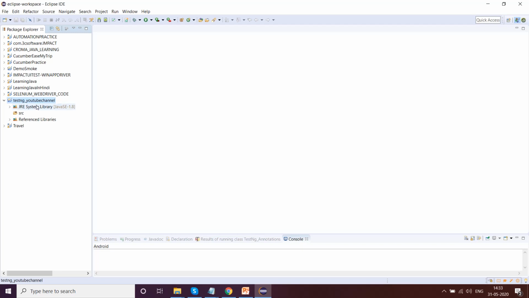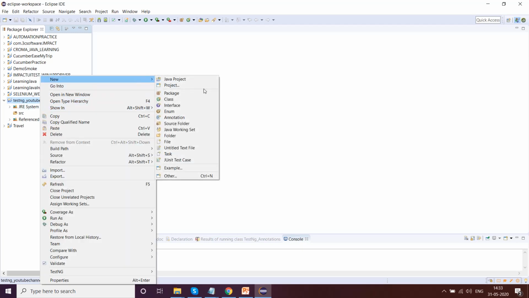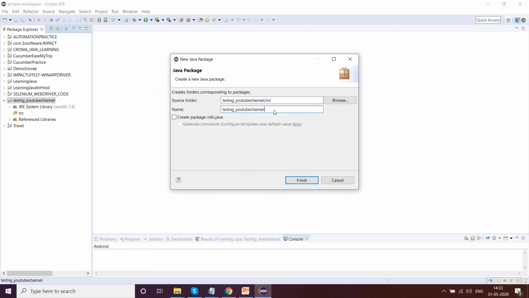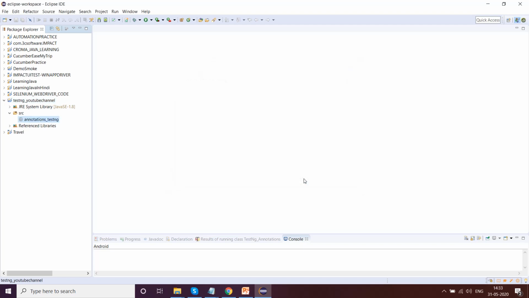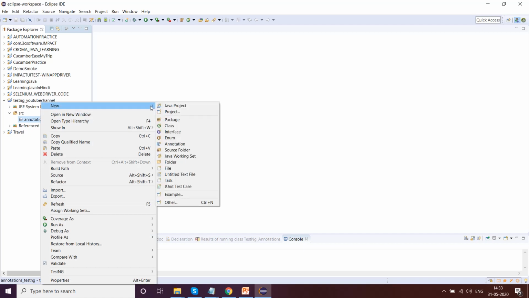So what I'll do is first I'll make a new package, and my package is about annotations for TestNG. Okay, finish. So now in TestNG annotations, first I'll make a new class.